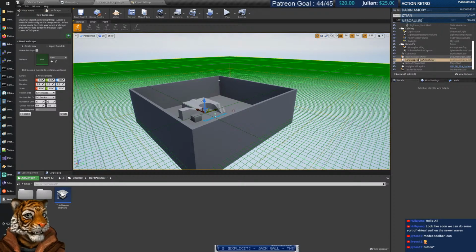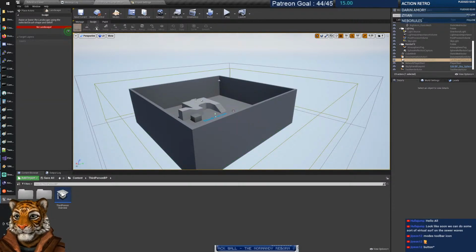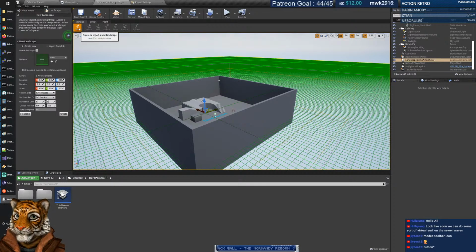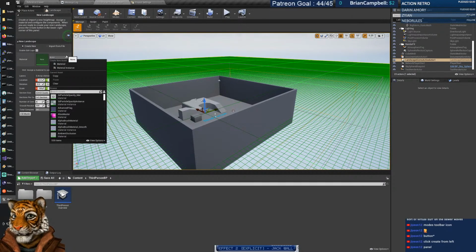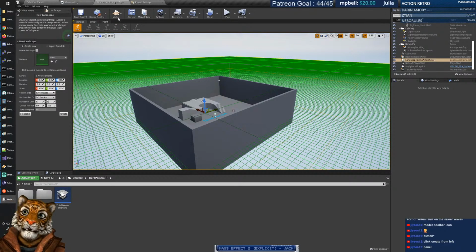We have this landscape gizmo active actor as a default. No landscape. New. Can I... because it needs a material. Can we import it from our...